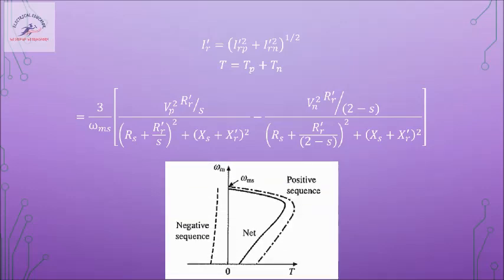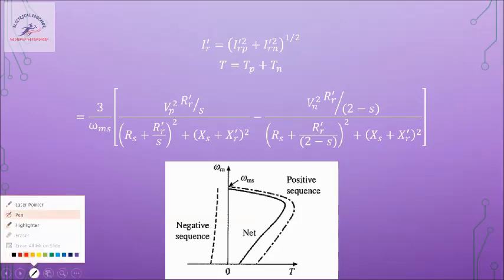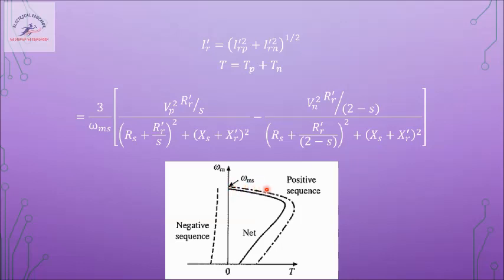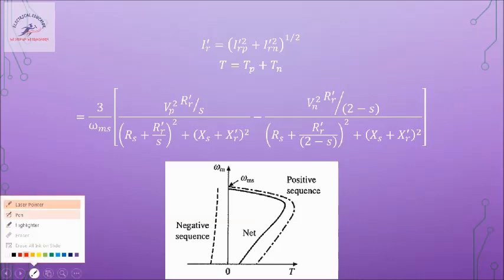Torque speed characteristics of a three-phase induction motor. We know the shape of the original torque speed characteristic. Here the positive sequence torque is shown, and here is the torque due to the negative sequence. The net torque is obtained using the superposition theorem. This is negative and this is positive. We can see it on the x-axis as well, because left of the x-axis is negative components. This is how we get the resultant torque. So torque is reduced because of negative sequence components.